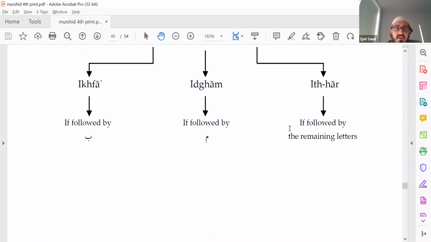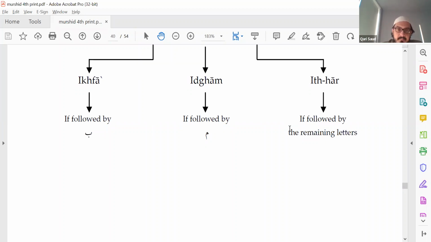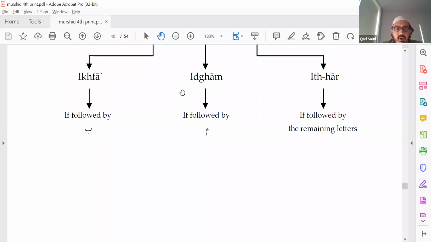Example of that is in Surah Al-Fatiha, An'amta. Am, so you close your lips on the meme, but you don't hold the ghunna, you don't lengthen it. Rather, you close your lips on the meme and then open on the next letter. An'amta. So that's ikhfa, to hide. Idgham is to merge, to join. You join two memes together. And idhar is to read clearly.